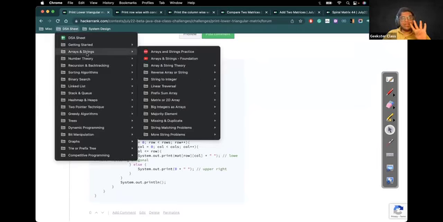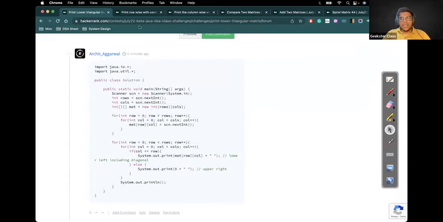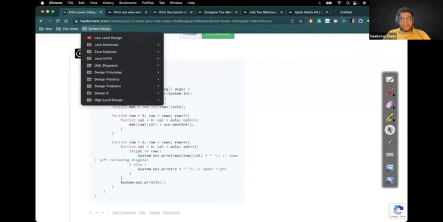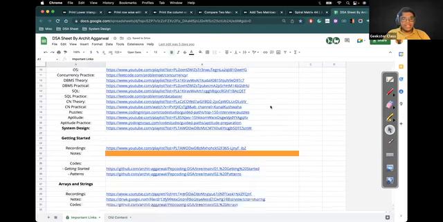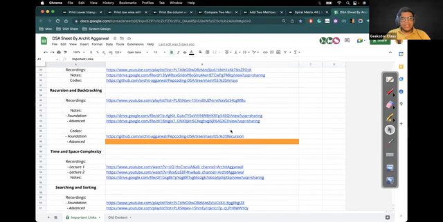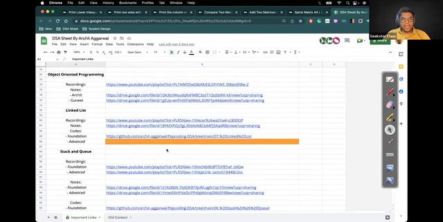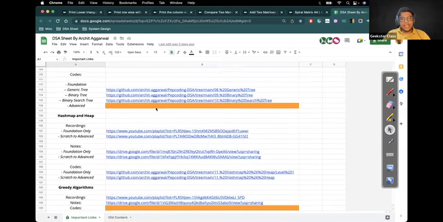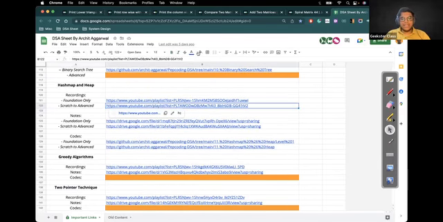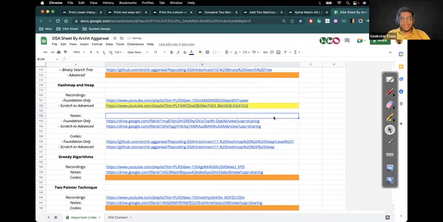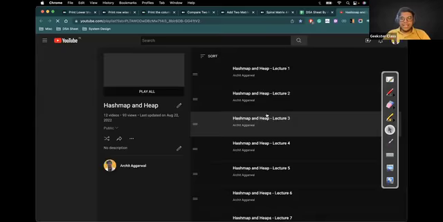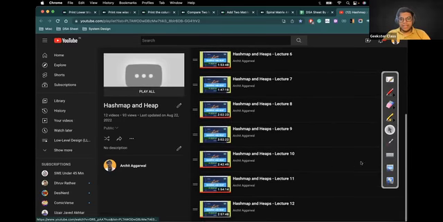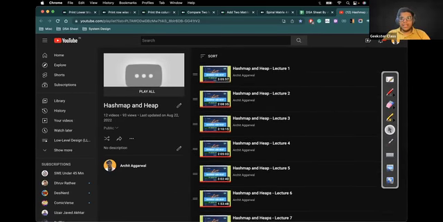देखो 4 प्लेलिस्ट हिडन होंगी, वो मैं बता देता हूँ। प्लेलिस्ट तो एक्सेसिबल होगी लेकिन उसमें वीडियो सारी हिडन होंगी। एक प्लेलिस्ट जो हिडन जाने वाली है वो है आपकी हैश मैप का स्क्रैच टू एडवांस। इसकी वीडियोस आपको नहीं दिख रही होंगी, मैं दिखाऊंगा तो दिख जाएंगी लेकिन आपको नहीं दिखेंगी। करीब इसमें 12 वीडियोस हैं।